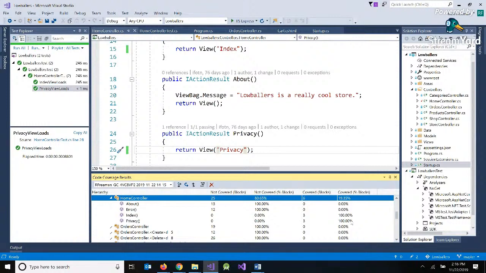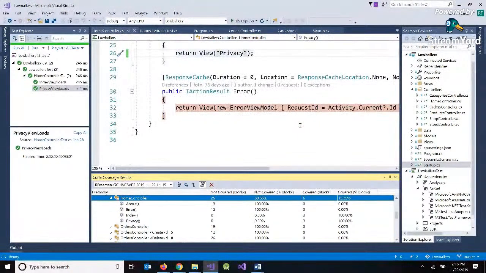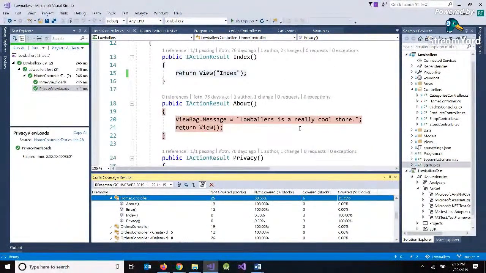If I turn the coverage on, privacy is now blue, index is blue, and it says privacy has 1 of 1 passing as well. I'm not sure why, if you get about and other covered, it still doesn't appear to be adding to 100%. Well, that's partly why I'm not requiring you to get 100 in the assignment. You should get close, because at the rate that it's going up,